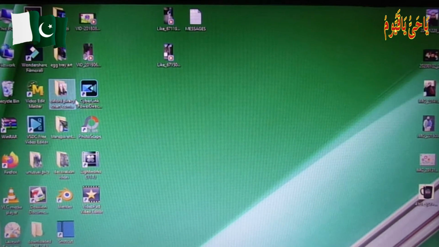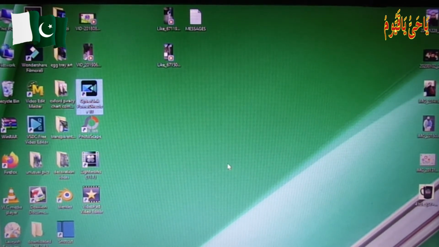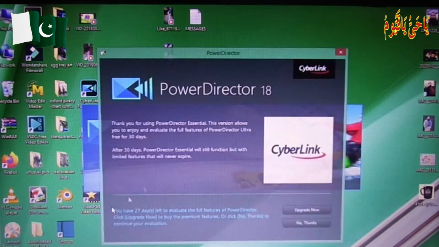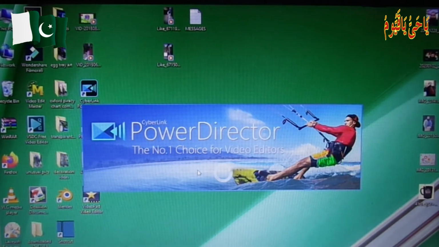A little bit that I would like to tell you about the CyberLink PowerDirector. Okay, let's open it. Even I can open the shortcut. Let's also see here the PowerDirector 18 that was installed on my system, and it is saying your trial version expires in 27 days. It was 29 days. I have it, and you know, when there is a trial version, you don't have the full features. And also if I launch the free version, it will provide,